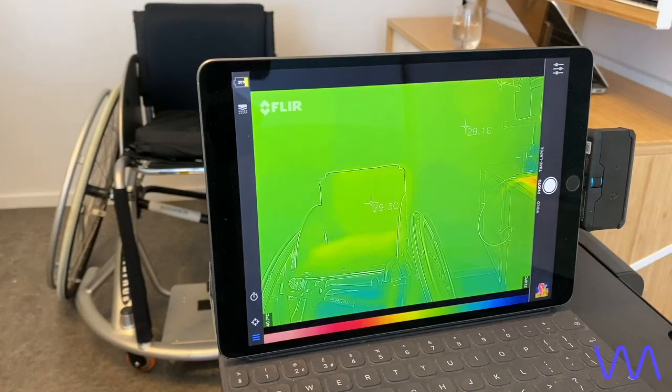Set up here, we have a heat camera that is going to measure the temperature of a wheelchair with a WheelAir slingback and without a WheelAir slingback over a period of time, to show the difference in temperature that our products can bring. We're going to start by looking here at the normal temperature before anyone has sat in the